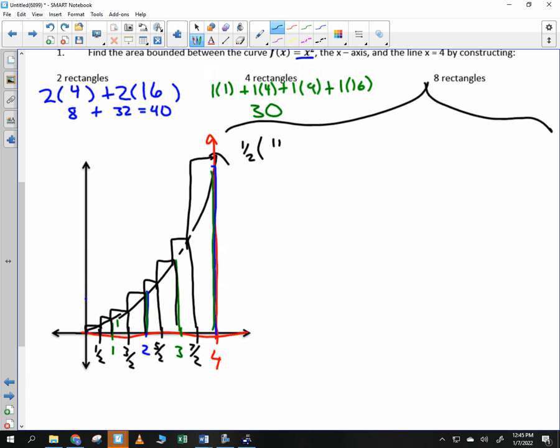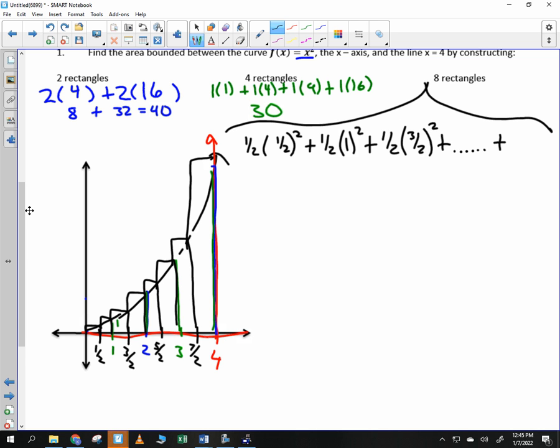So I'll write 1/2 squared, right? Oops, sorry. And I take 1/2 times 1 squared plus 1/2 times, what's that? 3/2 squared plus,